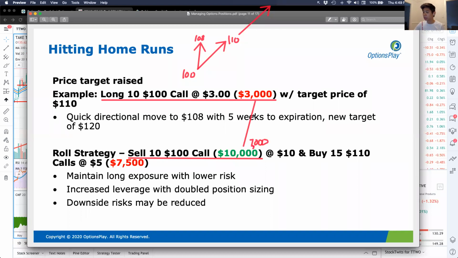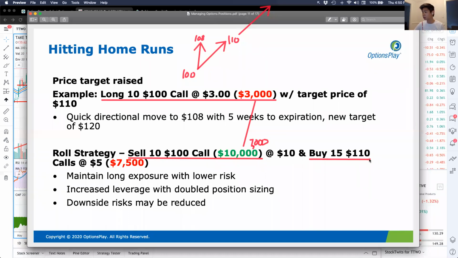But because I think it's going to continue moving higher, I want to try to turn this $7,000 trade into maybe a $15,000 or $20,000 trade. And again, if you keep your losses small and once in a while you hit these home runs, that's when you become profitable as a trader. So instead of just selling these 100 calls and walking away with the $7,000 profit, what I can do, and you don't have to do this, but you can, is say, well,